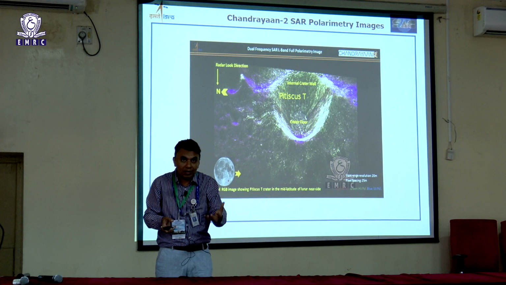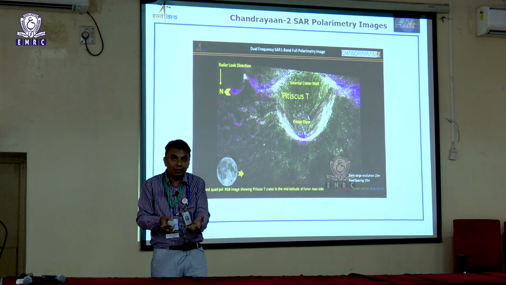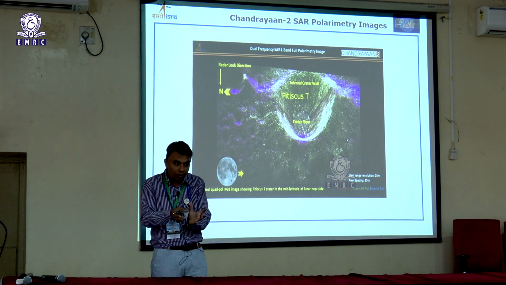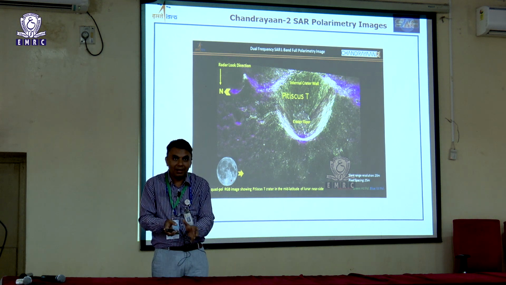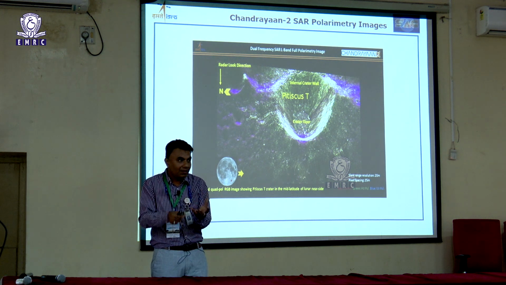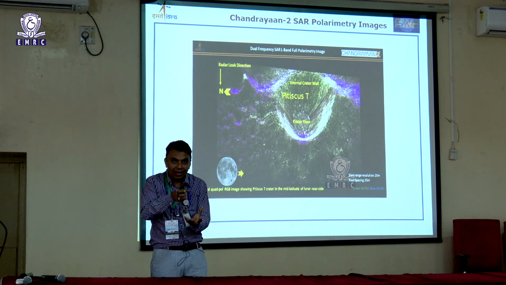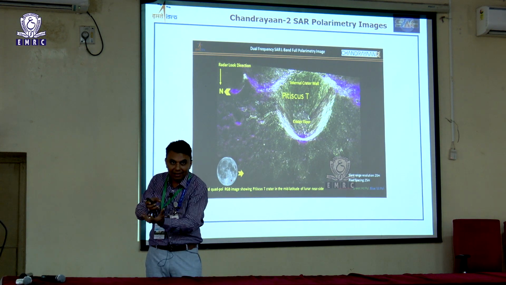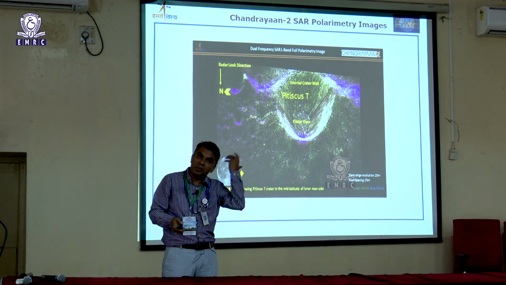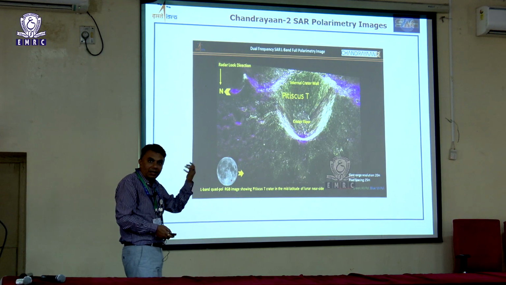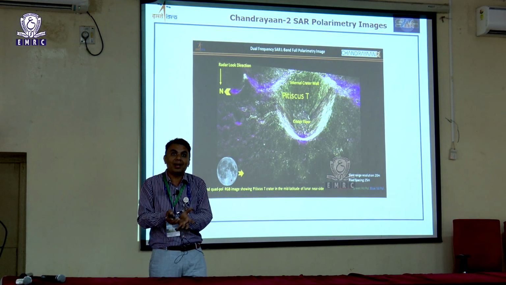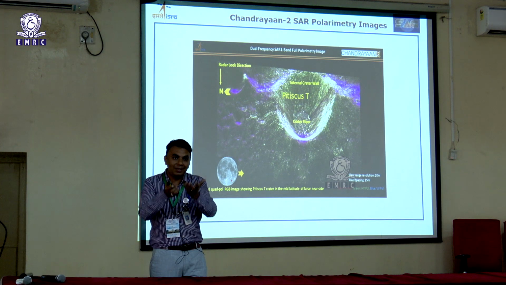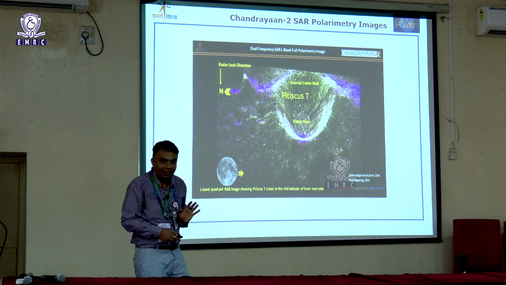Particularly at the South Pole, it is not directly visible from Earth. So the satellite has to take an autonomous decision. We cannot command it, saying don't land here. It has to take the image, see whether there is a crater, decide that we cannot land here, and move further. So this autonomous algorithm is implemented onboard. It is taking the decision on its own. We are just viewers. What the spacecraft is doing, we are just seeing through telemetry; nothing is in our control.